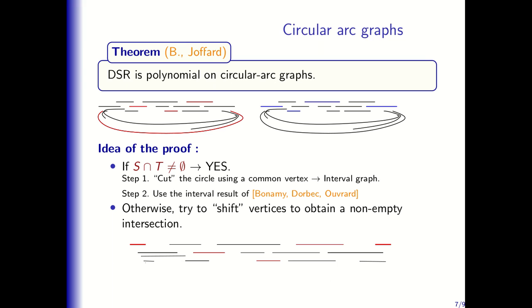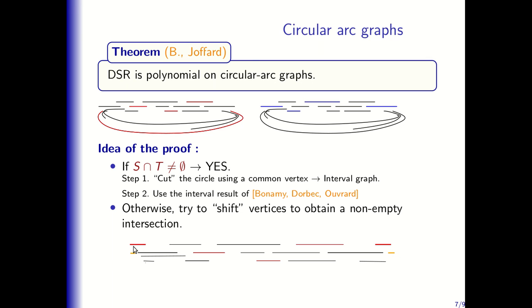Okay, and so now we have an interval graph, and so we know, using the result of Bonamy, Dorbeck and Ouvrard, that we can transform any dominating set into any other. Okay, so what we can do, for instance, is move the dominating set as far as we can to the right. Oh yeah, before doing that, we just add two new vertices,